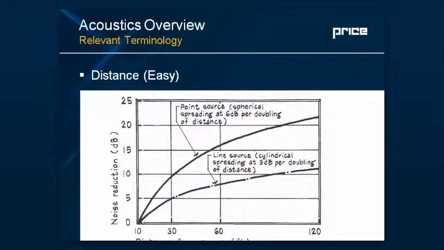This is an easy chart that helps to describe the two as well. Again, if you're working on a project and you've got maybe a train track that's nearby or some other source that you're concerned with, you can see that for a line source, when you're 60 feet away, for example, you're getting about a 7 dB noise reduction. Whereas if you were dealing with a single point source, now you're getting upwards of 16 dB. So that's a pretty significant decrease in noise. And again, this is across all frequency